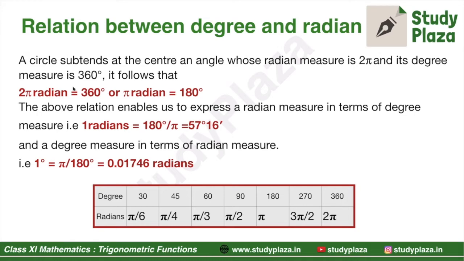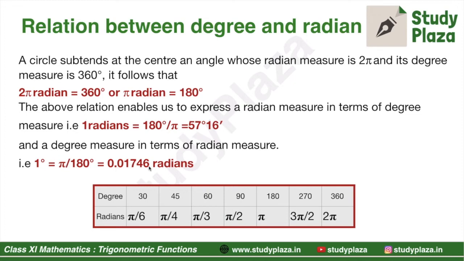Let us understand. We know that 2 pi radians is equal to 360 degree, or we can say pi radian is equal to 180 degree. So from here we get 1 radian is equal to 180 by pi degree. When we calculate, it comes out to 57 degree 16 minutes approximately. Similarly, we can calculate the 1 degree. 1 degree will be equal to pi upon 180 radians